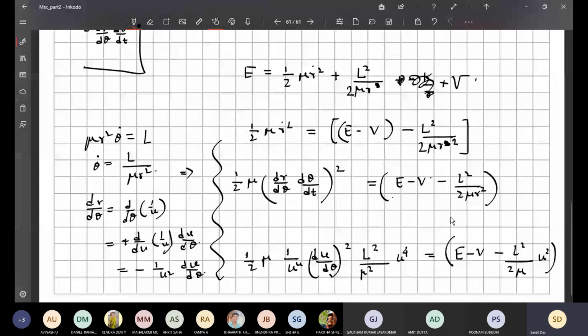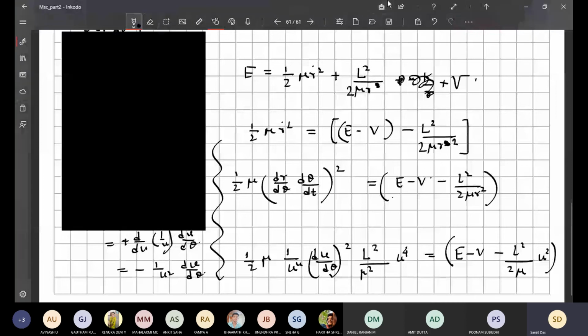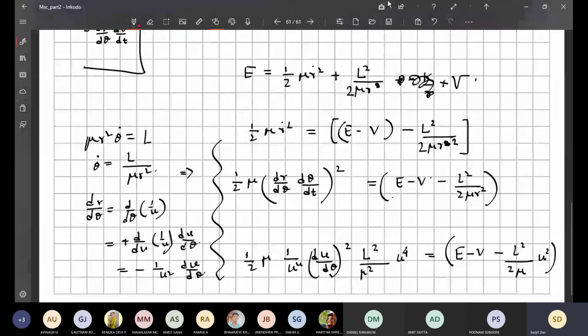Is it okay or not? Yes, sir, it's okay. So if I reduce all these things, can you reduce these things and tell me? Let me take a different color. What are the things cancelling immediately? Numerator u to the power 4, denominator u to the power 4. This one, mu, will be cancelling with this thing. Am I correct? Yes, sir.